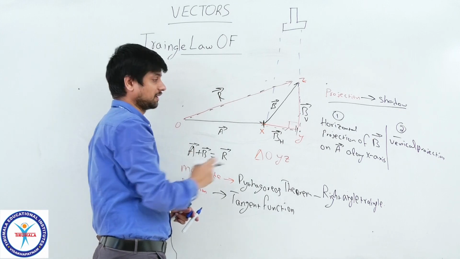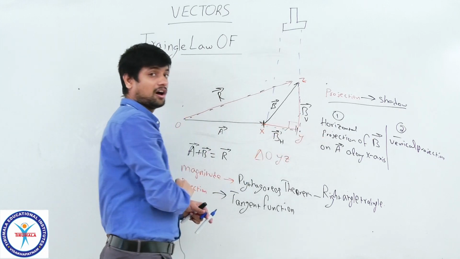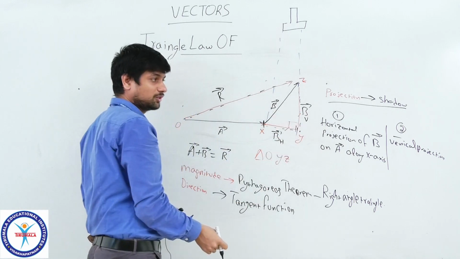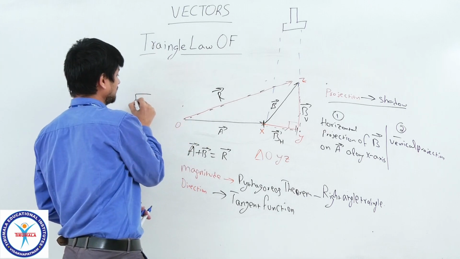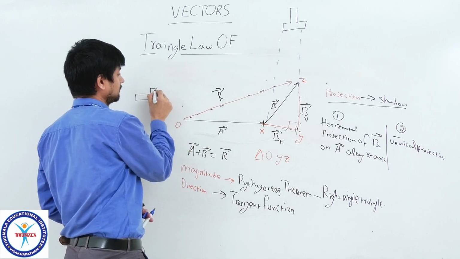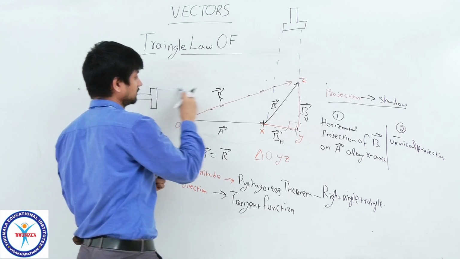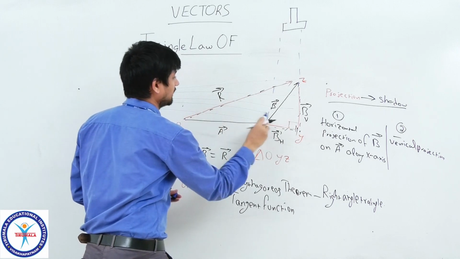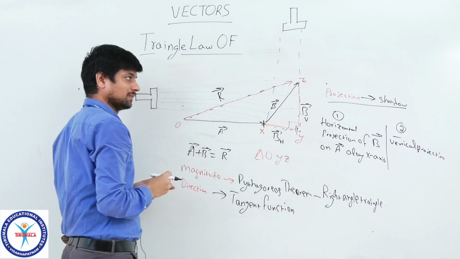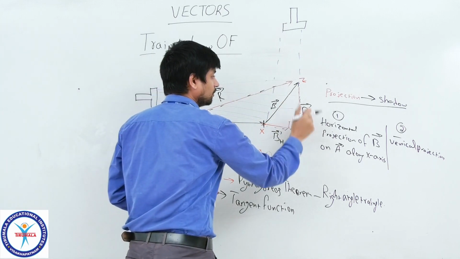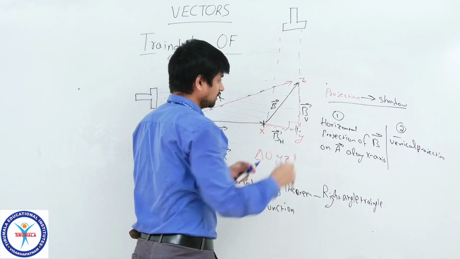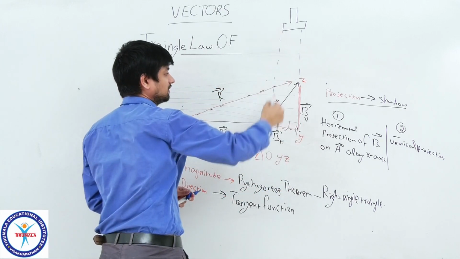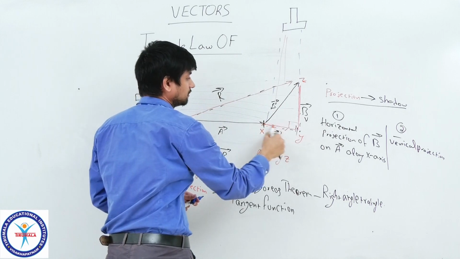B's projection on A means horizontal projection, and I want B's projection vertically. What should I do, children? I should keep the light in this way. So in this way you will get light. You can see how these rays are going and being obstructed by this vector B. So what happens? Its shadow forms here. Its shadow will be here. Okay. This projection forms shadow here.